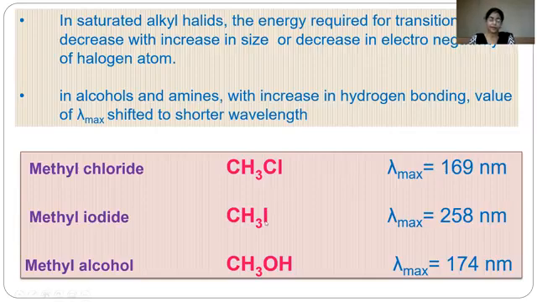Whereas methyl iodide is less electronegative as compared to chlorine. When it is less electronegative, the electrons can be easily excited to a higher energy level. It requires less energy and shows absorption at higher wavelength. In alcohols and amines, as the hydrogen bonding increases, the value of lambda max shifts to shorter wavelength. So for the detection of electronegativity or for the study of hydrogen bonding, the n to sigma antibonding transition can be the